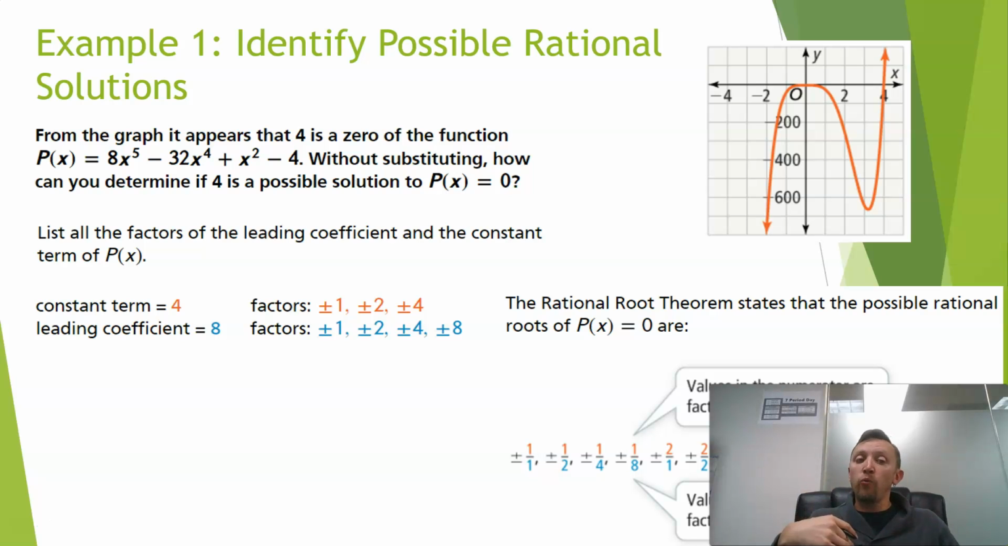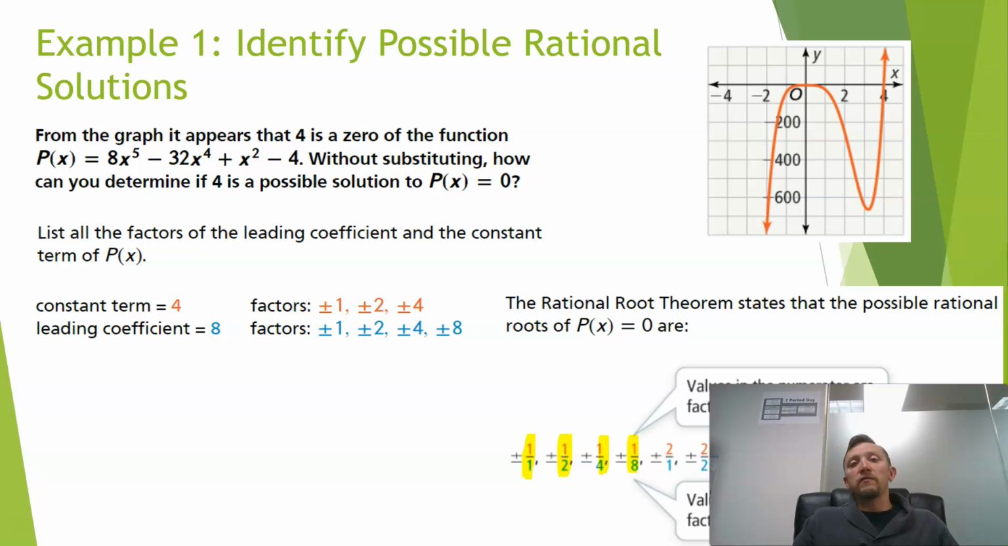So we could have 1 over 1 from the leading coefficient of 8. So we're comparing the two, setting up the two sets of factors there as fractions. So we'd have 1 over 1, which would just be 1. We could have 1 over 2, plus or minus 1 over 2. We get a plus or minus 1 over 4 and plus or minus 1 over 8. So those are all possible